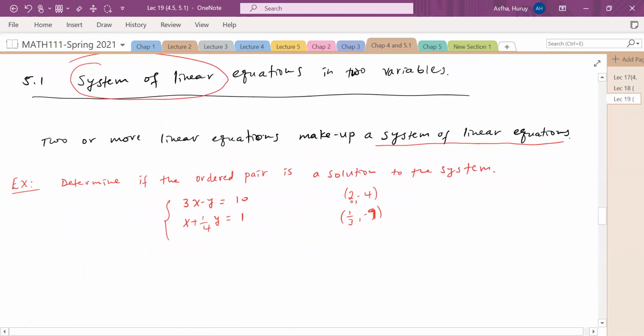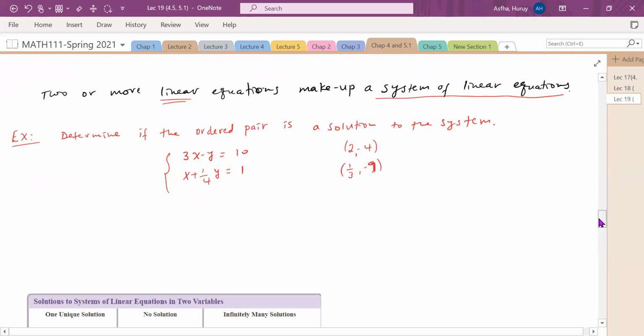Is the first ordered pair a solution to this system of linear equations? So why do we call them linear? Because each of them is linear, but that's not always true. Sometimes we can have quadratic equations, okay? But for this course, we will only learn the linear part. So the first ordered pair,